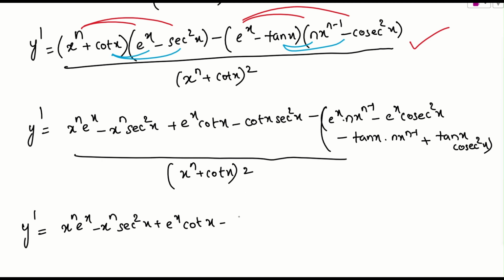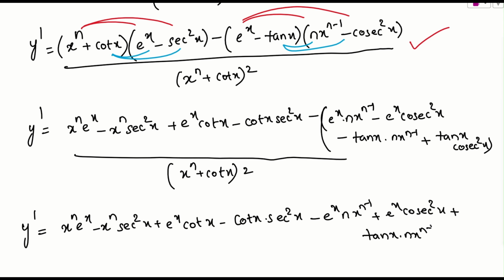You can solve this further. If I multiply, minus e^x n x^(n-1) plus e^x cosec² x. Again it will be plus tan x n x^(n-1) minus